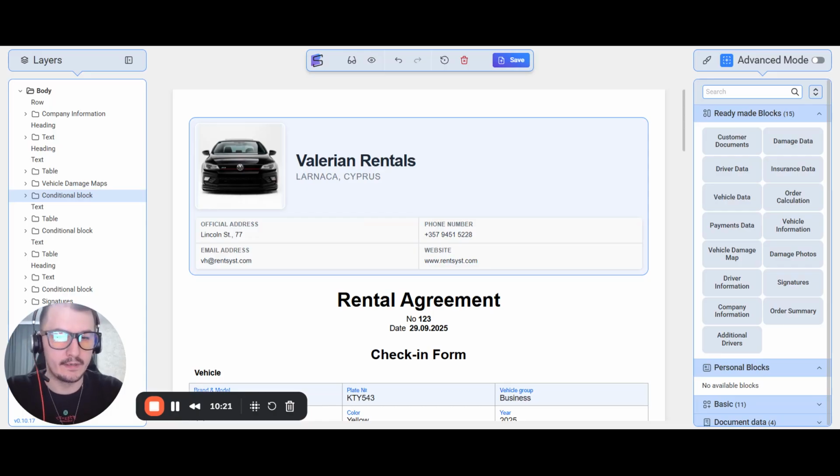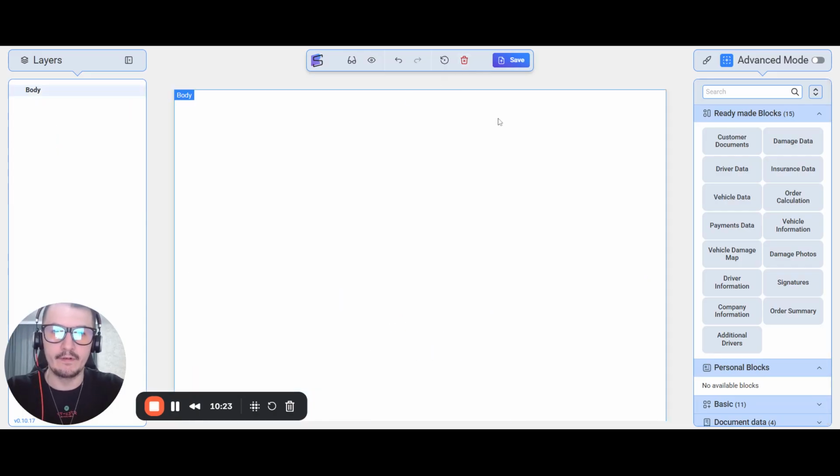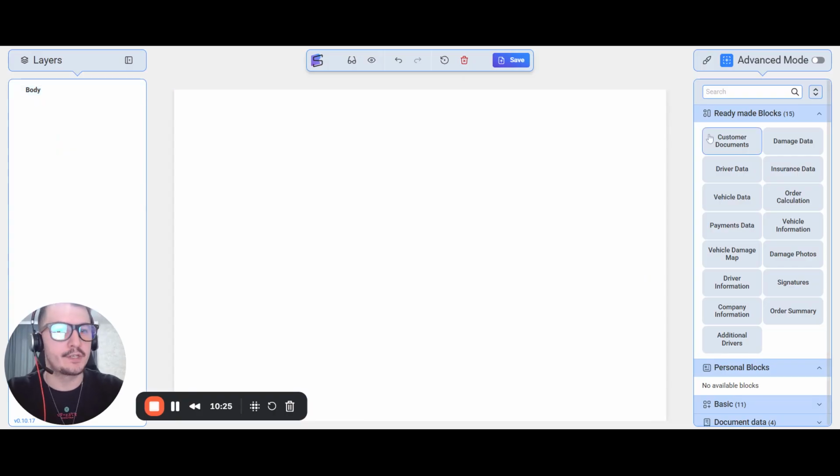Okay, so let's try removing the document and building some parts from scratch with ready-made blocks. The ready-made blocks will definitely help you speed up the process of building a new document from scratch. Let me show you how fast it is. So you can see some of them are pre-selected, some of them will be updated, and we'll add more and more